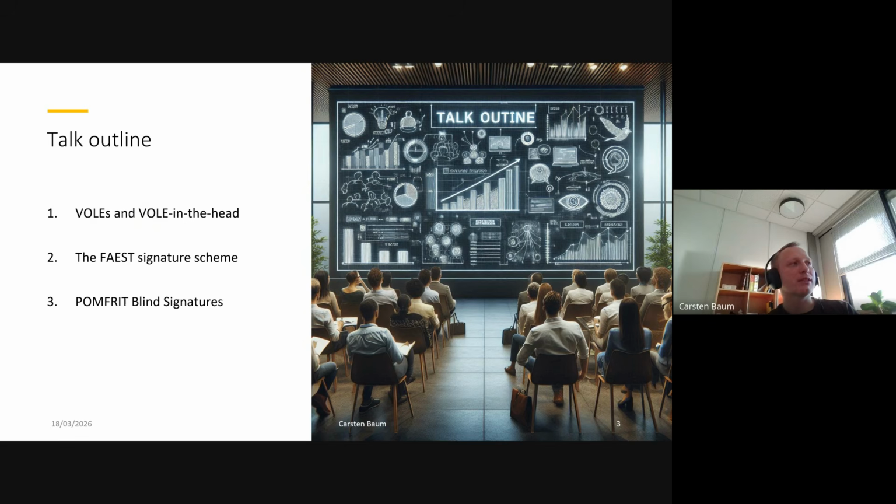Then I'll talk about a blind signature scheme, which is some recent work that will appear this year at Usenix Security, one of the top conferences in computer security. Blind signatures are probably something that everybody in the cryptocurrency space is familiar with. I mean, the old way of doing digital cash before Satoshi came around the corner, for example, was using Chaum's blind signatures. So this kind of stuff is probably of interest.